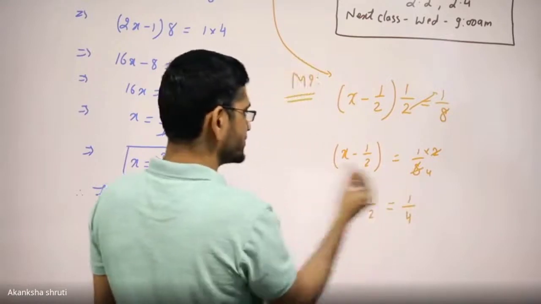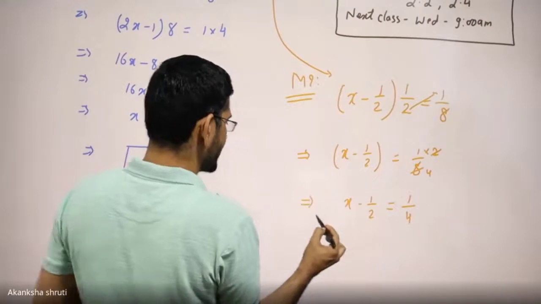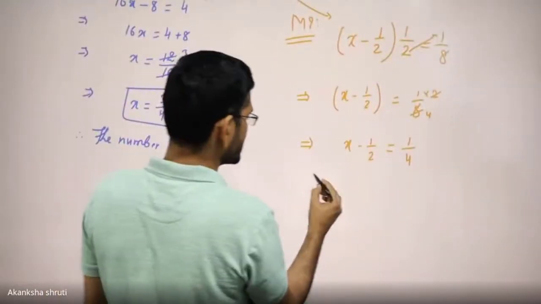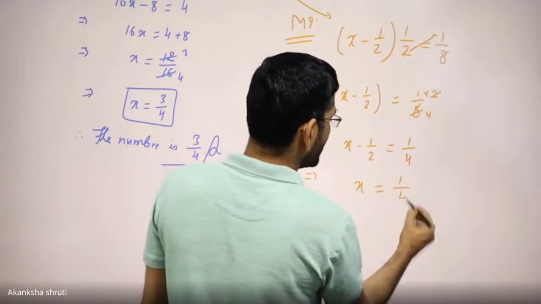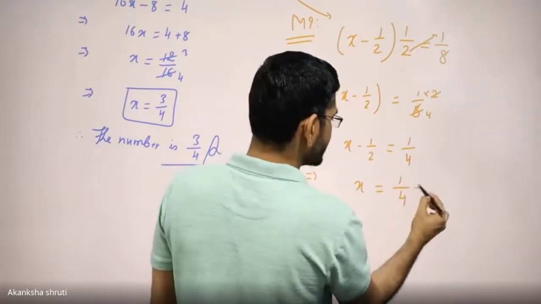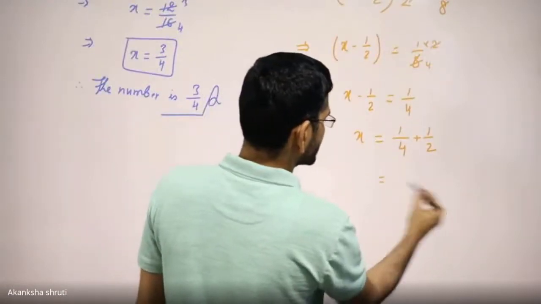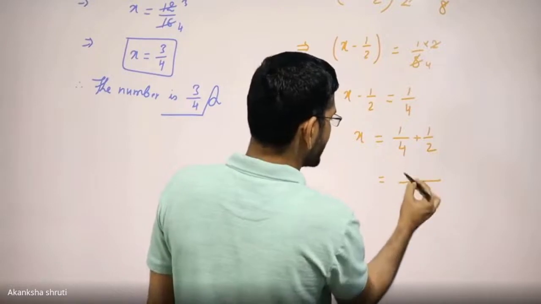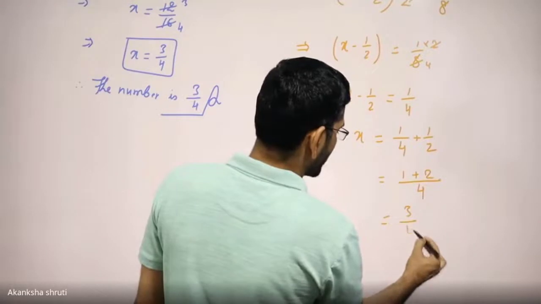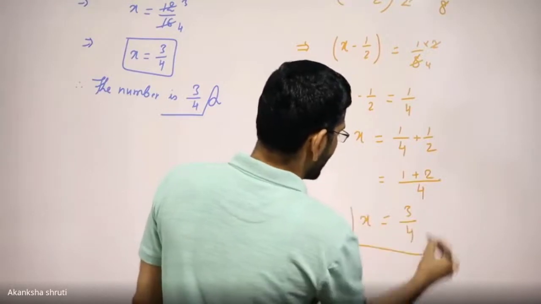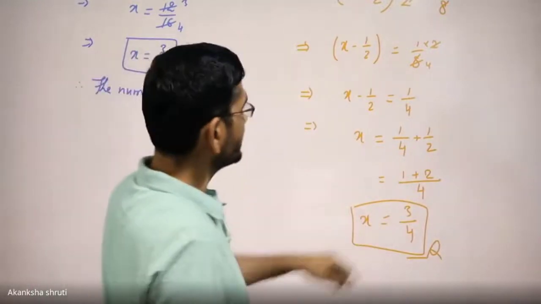But students, this is an equation. Do not forget to put the implies symbol here. This is so simple now. So x at one place is 1 by 4. This is negative, it will turn into plus 1 by 2. Now, these are the two fractions on the right hand side. Take their LCM as 4. It will be 1, and this will come as 2 times. So it is 3 by 4. So this is the value of x. Here we are getting both answers the same. It is 3 by 4. It is 3 by 4.